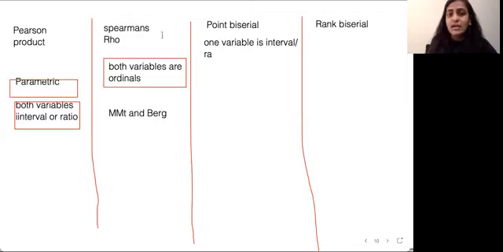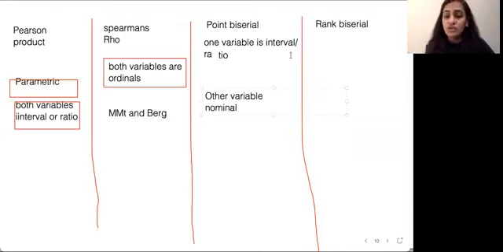Point biserial means one variable is interval or ratio, and the other variable is, what is the other variable? It's nominal. Okay, so one of the variables is just going to be a category or something nominal, and one of the variables is going to be interval ratio. I will give you one question on this so you're able to identify. And rank biserial means one variable is nominal